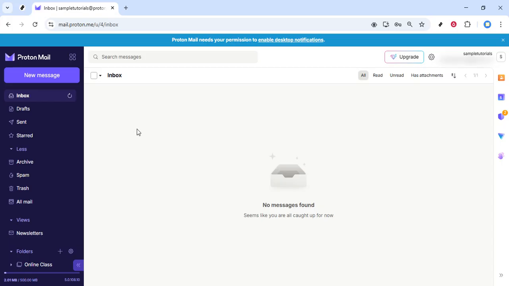First, open your browser and go to protonmail.com. Sign into your account if you aren't already. You'll land on your inbox, which looks similar to most email services, folders on the side, and your messages listed in the center. Before we actually unsend anything, we need to send a message so you can see how the